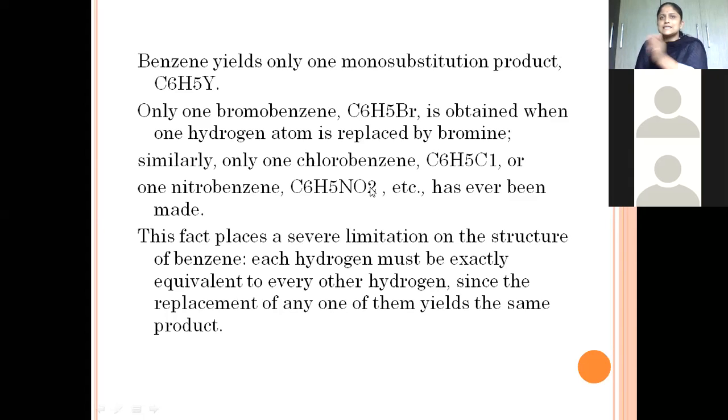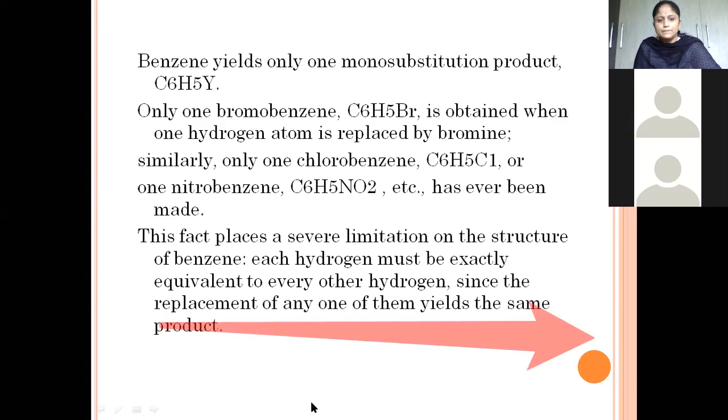See, all the 6 hydrogen atoms of the benzene structure are situated exactly equivalent, since the replacement of any one of them yields the same product. So out of these 6 hydrogen atoms, if we substitute only one hydrogen atom, they are going to